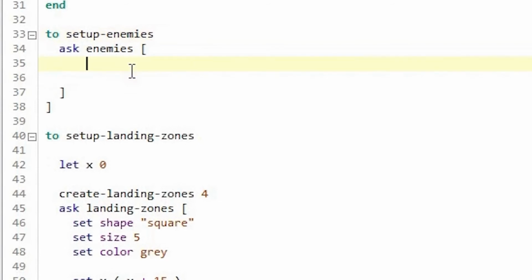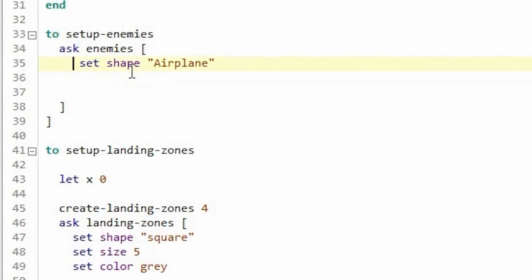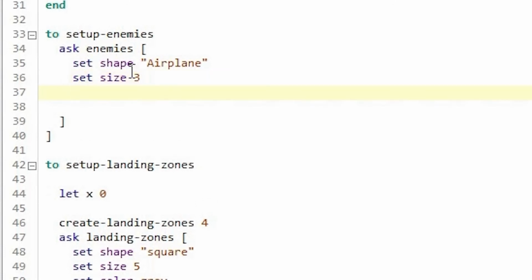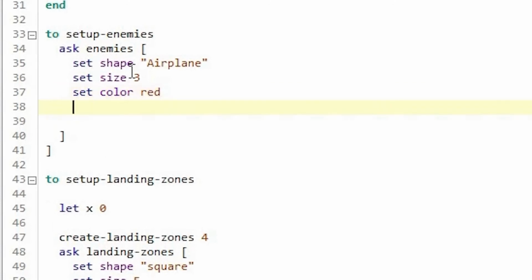So what I'm going to do is ask enemies to set their shapes to airplane, then set size of each airplane to 3, then set color to red, and that aircraft should have the heading of 180 degrees.